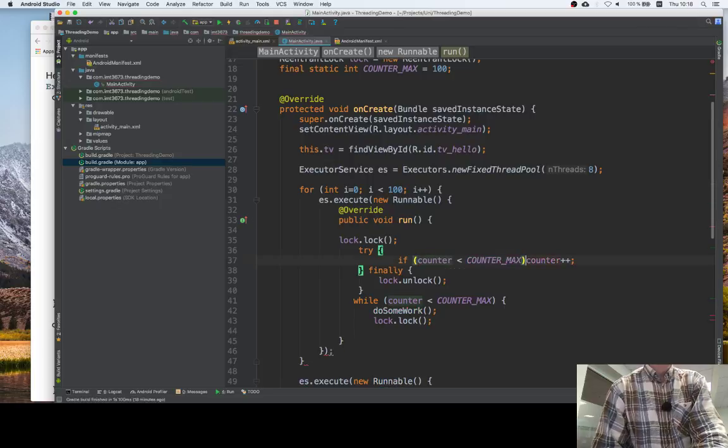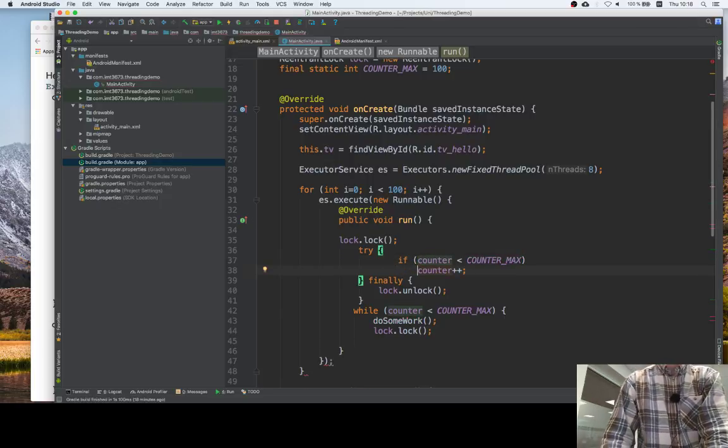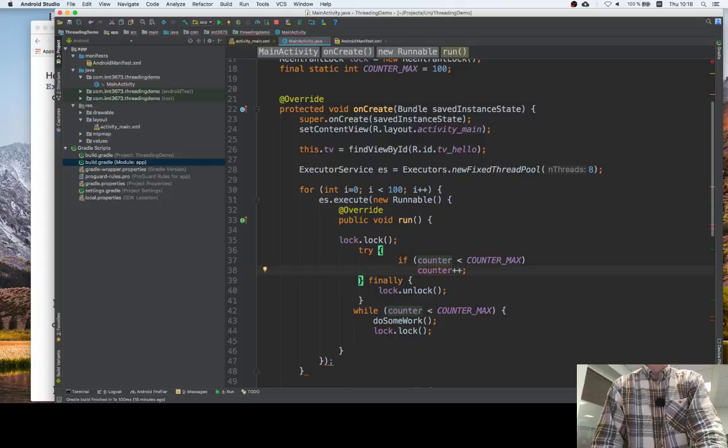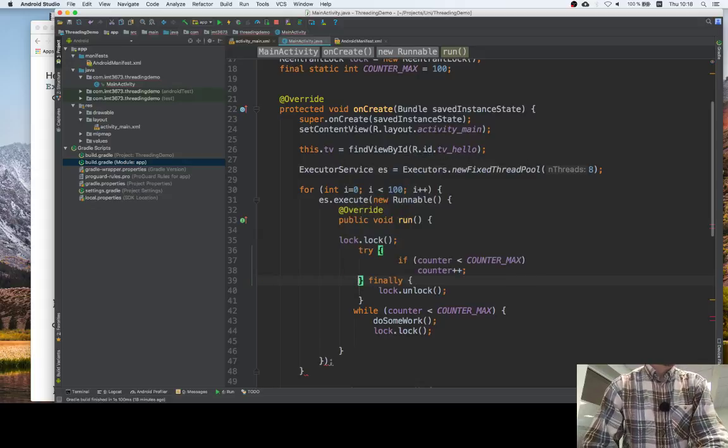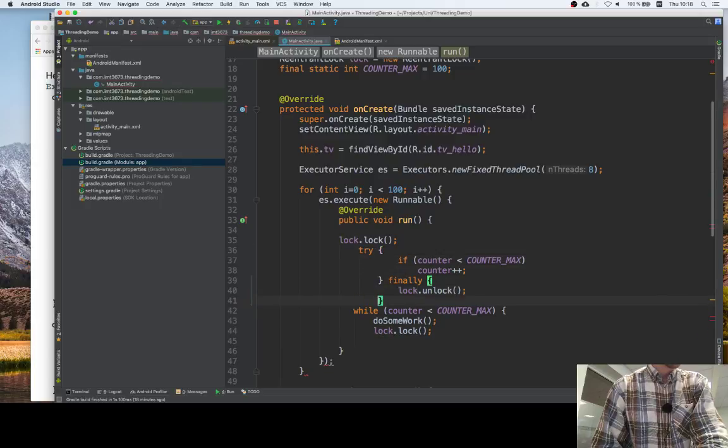Because if it's already 100, we are not going to increment the counter, right? And we will also set some sort of a bool here. So if the counter is less than max, we increment it, and we unlock the lock, and then we have to have